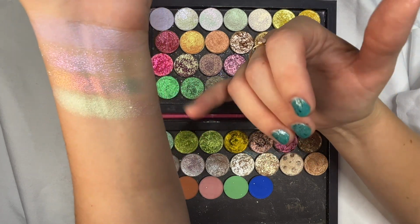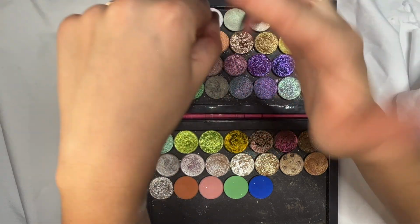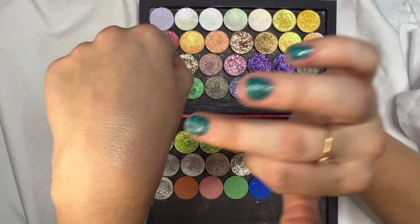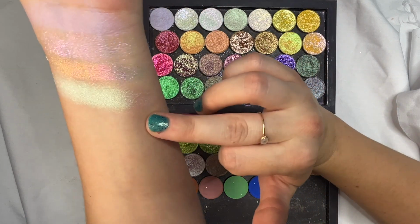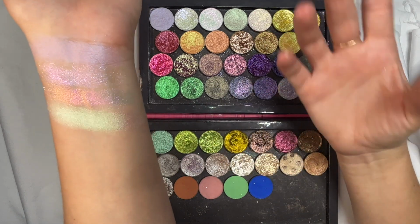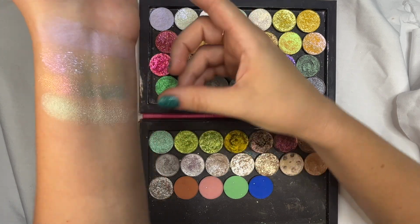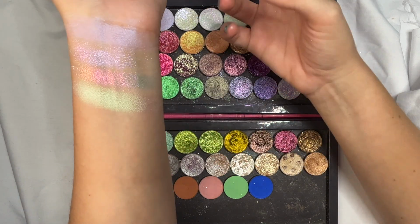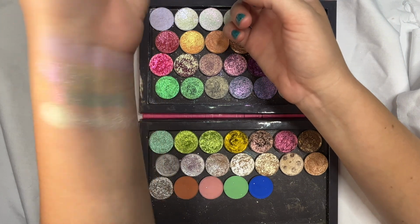It is beautiful. I imagine that this could be a nice highlight on people, especially if you've got a lighter skin tone like me, or if you sheer it out to get rid of more of that base. This one though, I really like, and it just again reinforces that sometimes it can be a little less shiny, sometimes a little more shiny. So again, I'll say it one last time, be sure to check